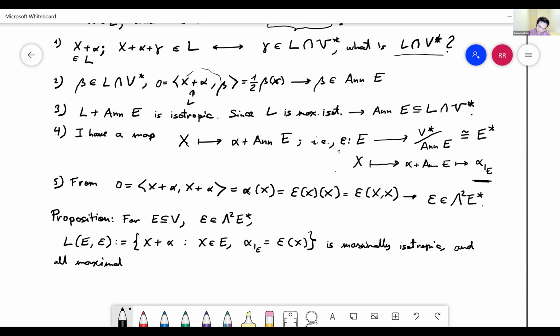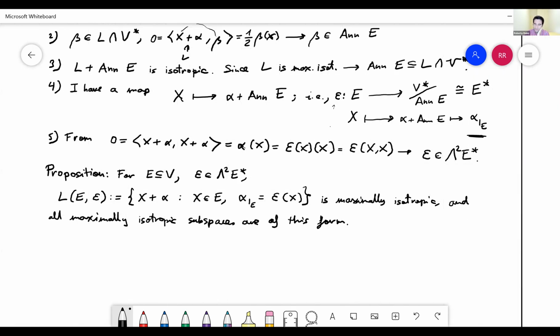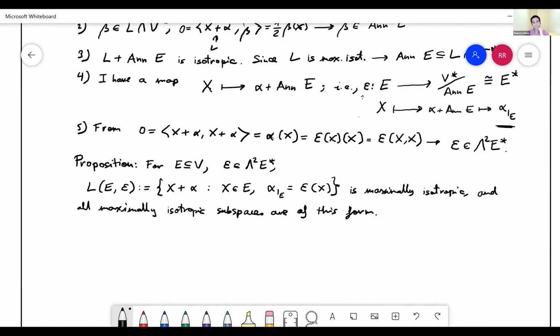Okay, so we now have a complete answer to this question. I already put in the important details, because they show you how it's working. There are some other small details to fill in, which I won't do now, because I think it's much better just to see examples. So, what are examples of this L_{E,ε} that will give me a maximally isotropic